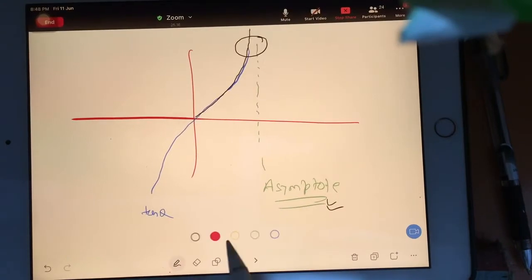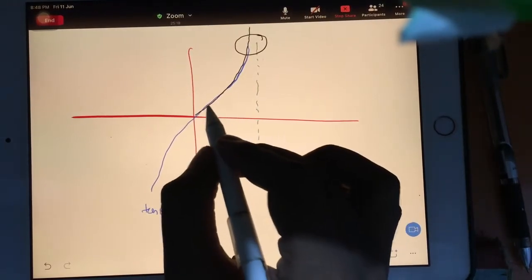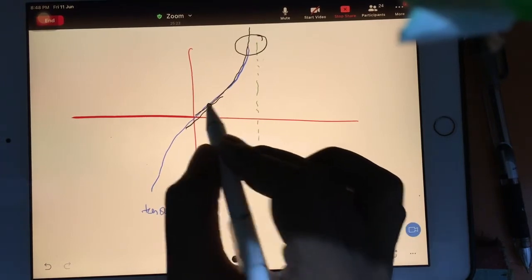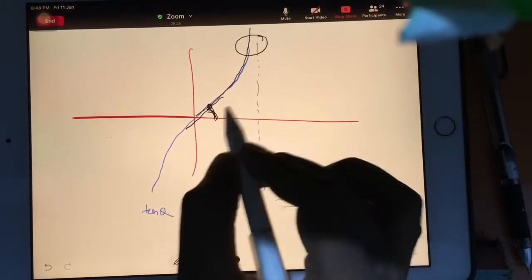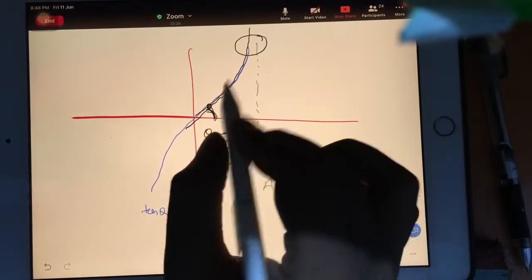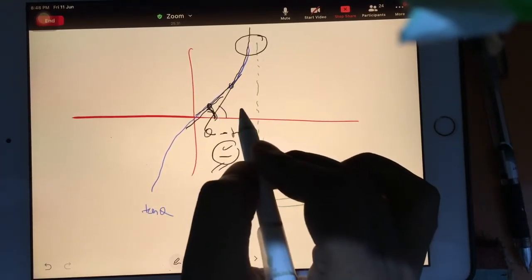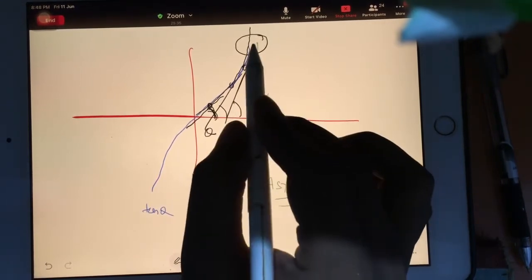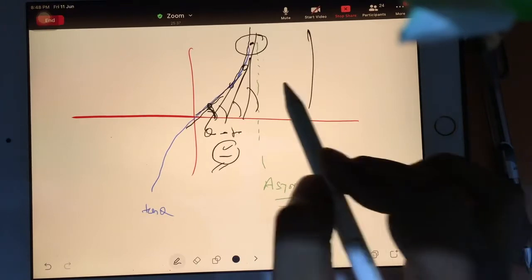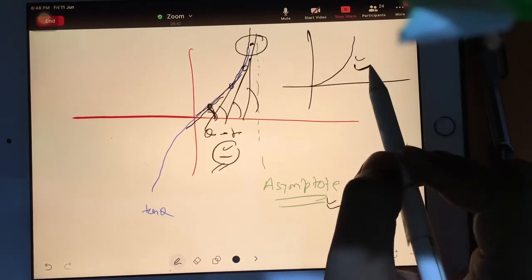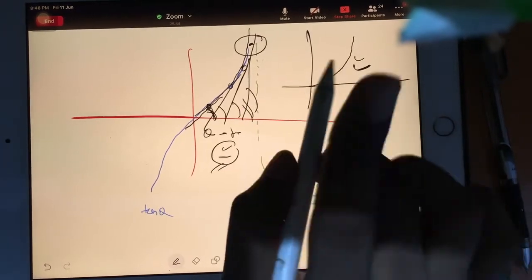So you come here, now you see at this point, if you draw, the slope is this much. This much means I'm not saying the angle, I'm saying find the angle, put it in tan and get the answer. That answer is the slope. Then at this point, this is your angle, put in tan, get the answer. Then at this point, this is your slope. Then at this point, this is your slope. So if you are drawing this kind of curve, it is going to be an increasing curve because your slope is increasing. Guys, understand.